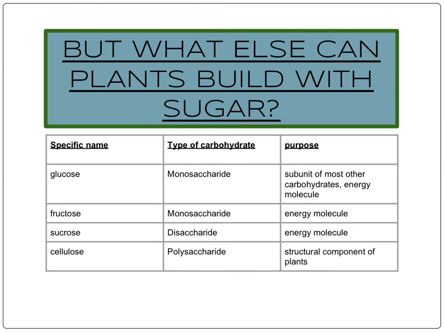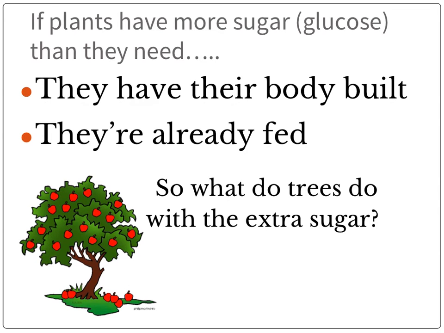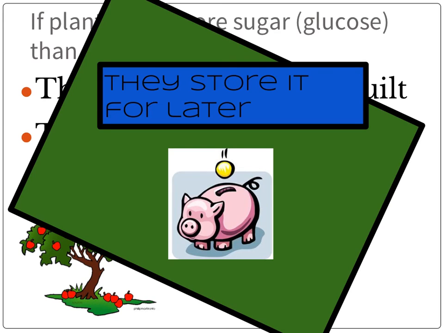Well, we were just talking specifically about the body parts of plants, but if you remember, we mentioned that these sugars are not only the body parts of the plants, they are also the food for the plant. And if the tree has its body built, and it has enough food to survive, and it's fed already, then the extra sugars can actually be stored away in various forms. Just like money, if you have extra money, you don't just get rid of it, you keep it somewhere,